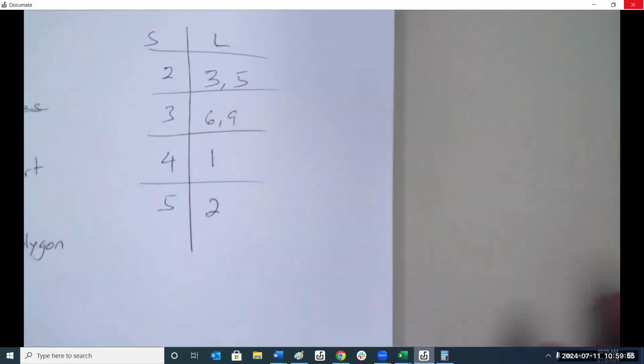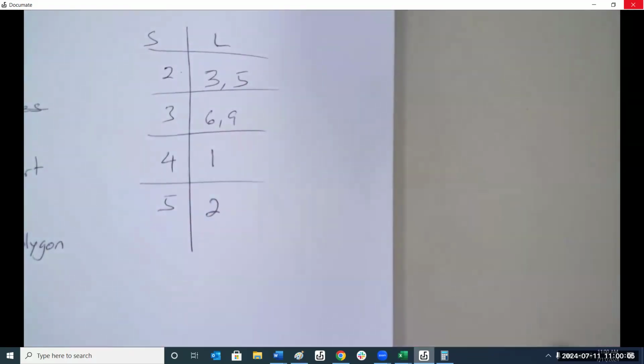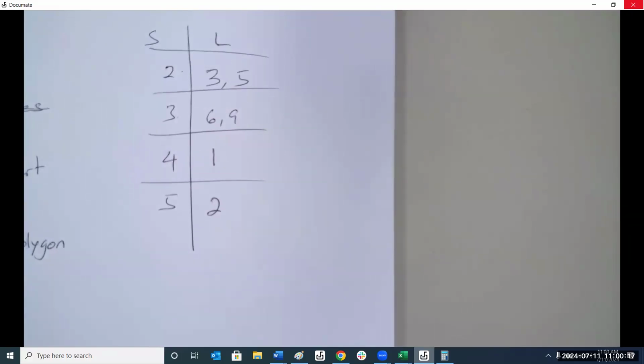That's all it tells us. It doesn't tell us what colors. It just says the 20s and 30s occur the most. It doesn't tell us anything about it. So we really can't use a stem plot in that one. All right, so those are our